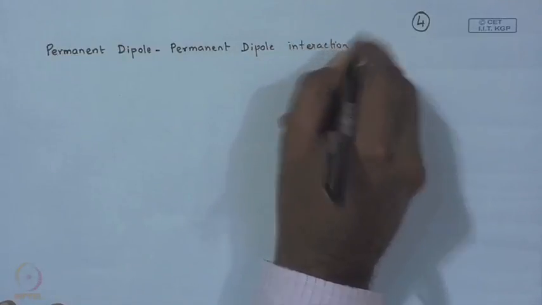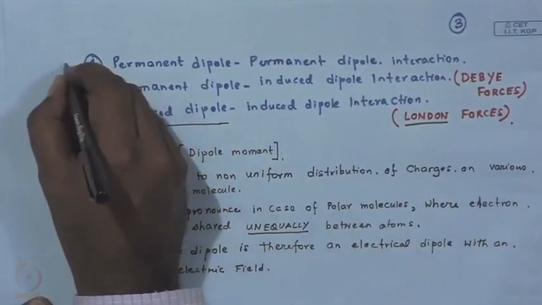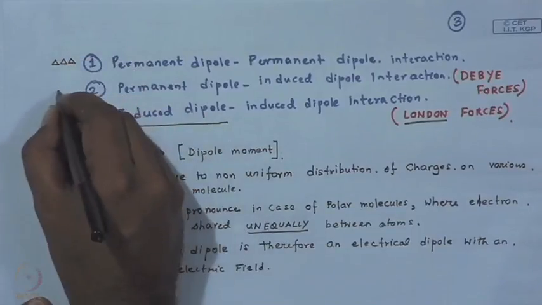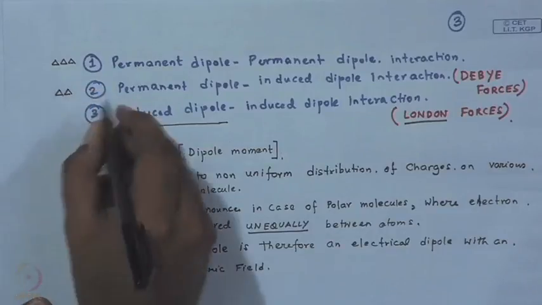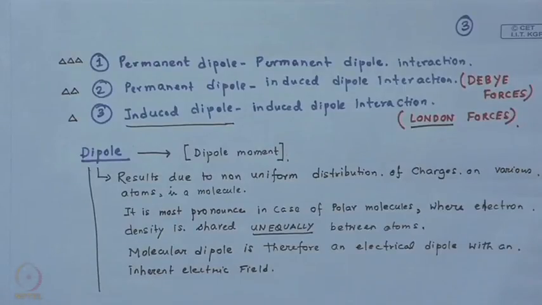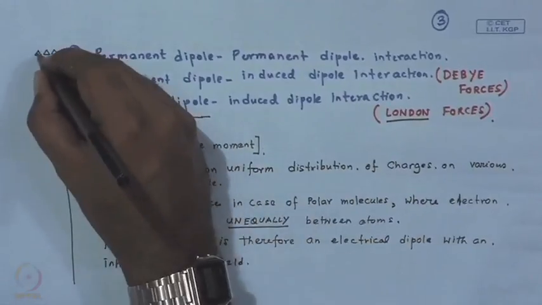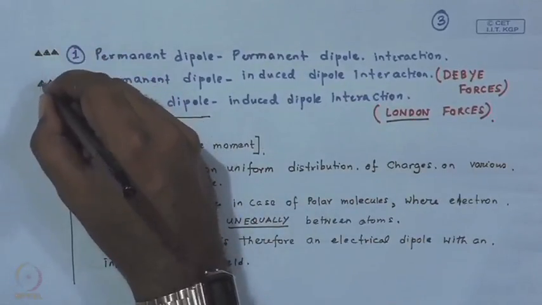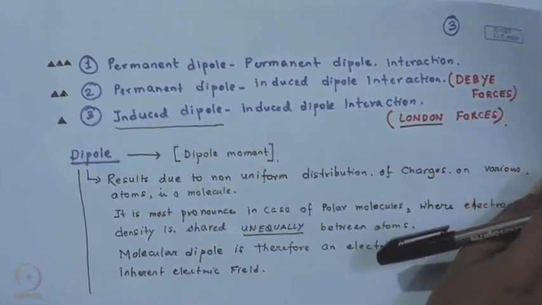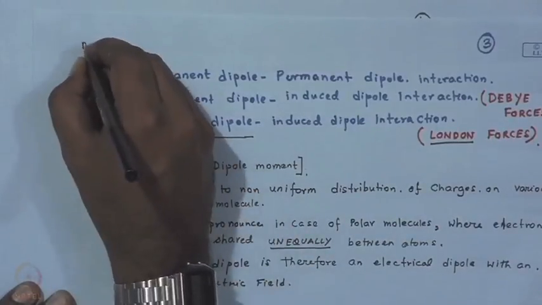interaction. Of course, let me also just mention one particular thing. The strength of the interaction is highest for a permanent dipole. Permanent dipole interaction is followed by the permanent dipole induced dipole interaction, and is lowest in case of induced dipole interaction. So, these are the strongest ones and these are the weakest ones. Important thing to understand is that even for the permanent dipole type interaction, the magnitude of the interaction forces